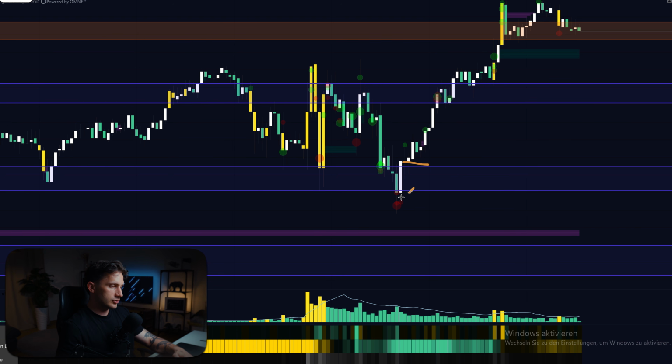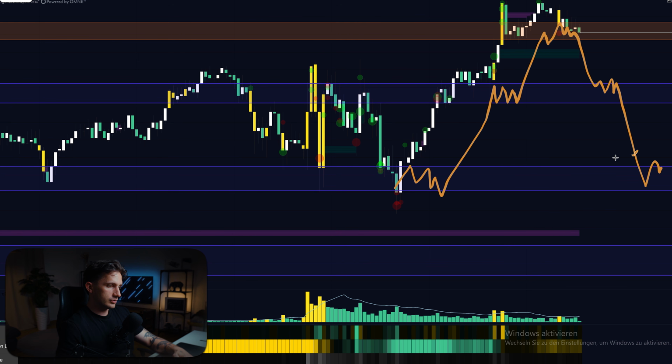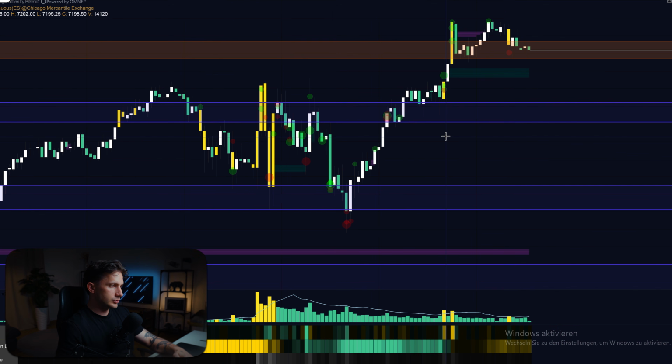Buying position, stop loss underneath your absorption, and then target the next zone. What you have learned from the video before, you trade from zone to zone to zone, right? From zone to zone. And that's all you need to do. That's really all you need to do. You just mark out your zones, you wait for the market to come into the zone, and then you're reading order